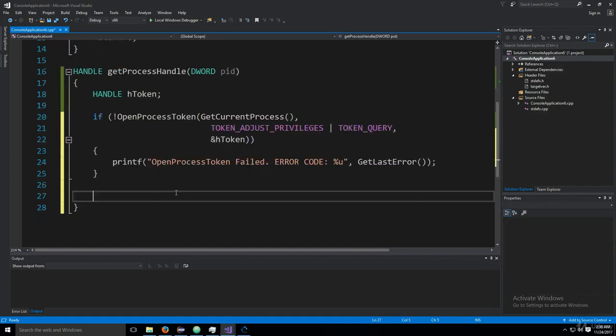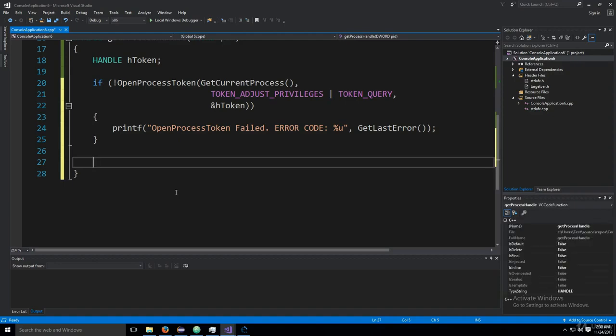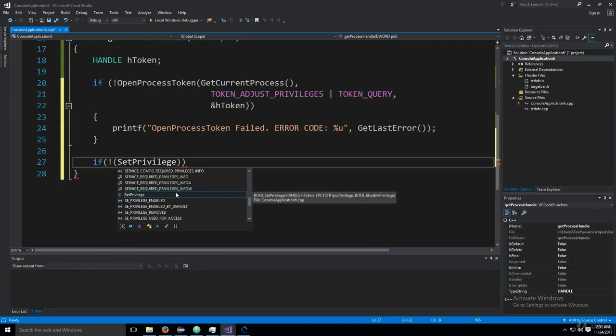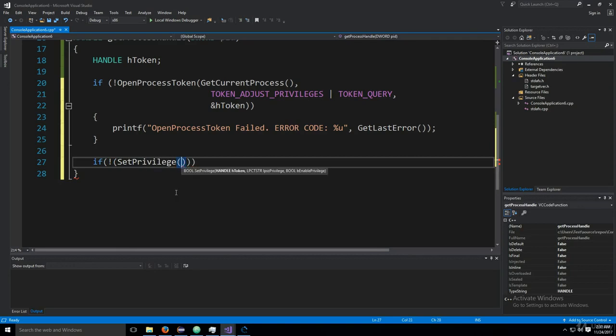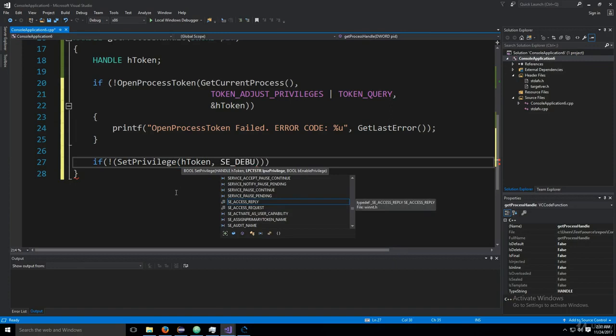Okay, so next up, we're going to go ahead and use the SetPrivilege function, which we haven't created yet, we've just declared it. So if we do something like this, SetPrivilege, and we're going to pass to this function hToken, and we're going to do SE_DEBUG_NAME,